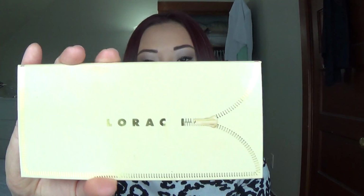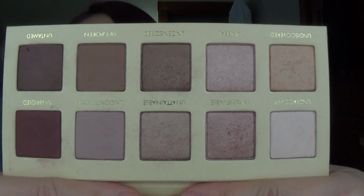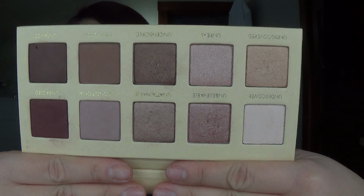Lorac Unzipped palette. And it's the first one, it's not the second one. I actually have no intentions of picking up the second one because I've read a lot of reviews and a ton of people have said that it's very, very similar to the first one. So this is what it looks like, and I figured this would just be a really great easy palette to